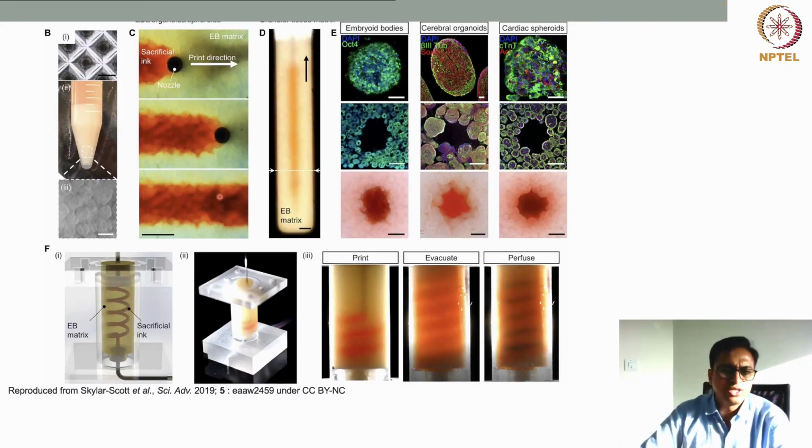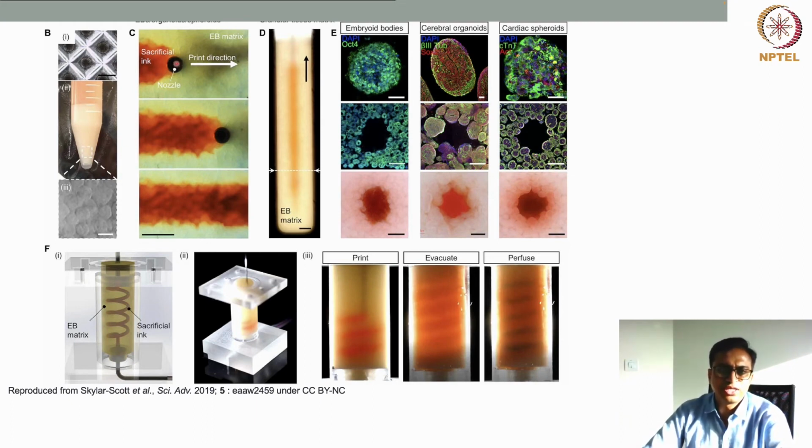And this is how it works. Here, the embryonic tissue was developed within this kind of geometry, a tissue culture plate, and then these embryonic bodies were collected and put together inside the material, and then it is centrifuged. After centrifugation, you can clearly see a compact layer is formed here, and the supernatant is discarded. Within this compact layer, now you can immerse your syringe nozzle, and then you can start depositing the